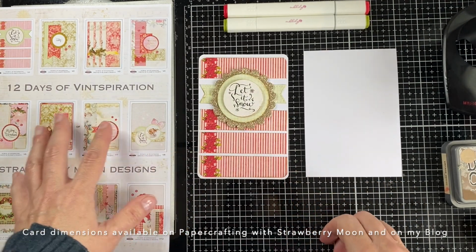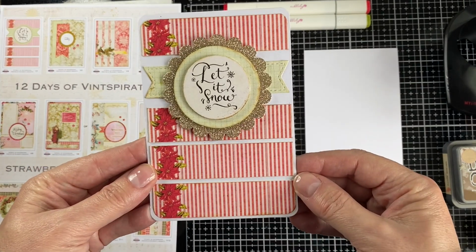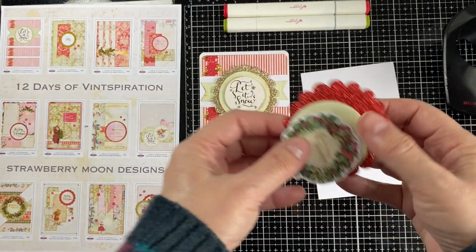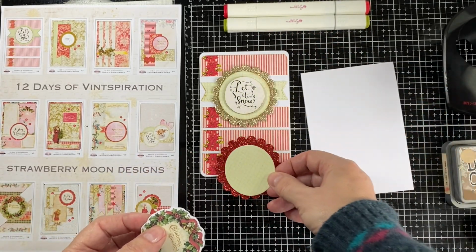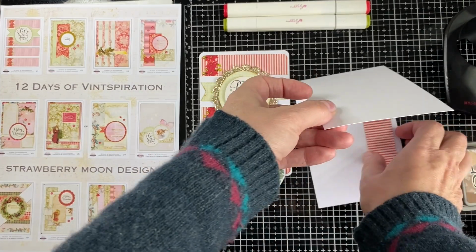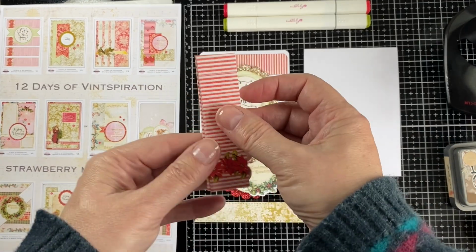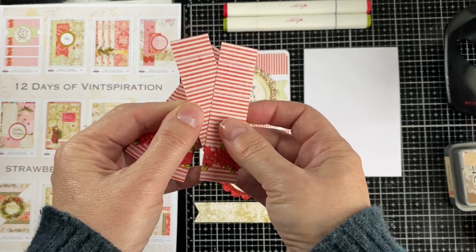So the first card is using the candy cane stripes, and I'll remind you once again that I'm working with 4x6 cards, and I have printed the papers down so the proportions are the equivalent of A6. So I printed 4 sets on one sheet of A4 paper. I'm beginning with one green tapestry tag, and I've cut down 4 bands from the candy cane paper, and these